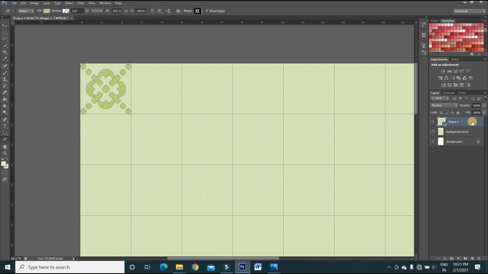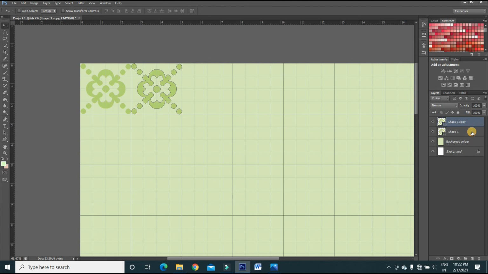Now the shape has created its own layer. Now we will just copy this one layer and we'll just move the shape. So Ctrl J for copying the layer or the shape. Using the move tool, just move the shape.